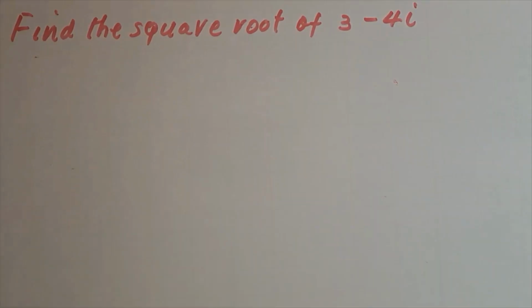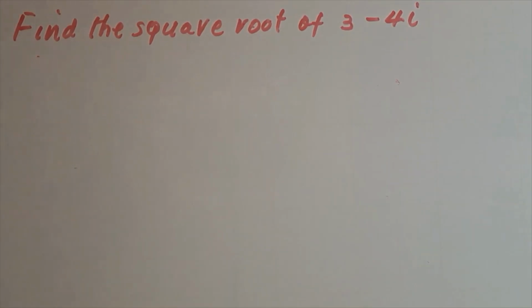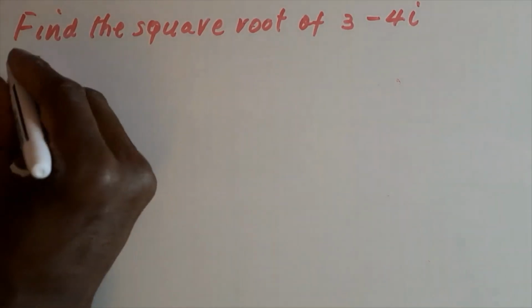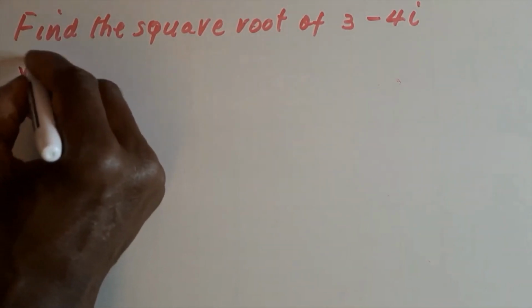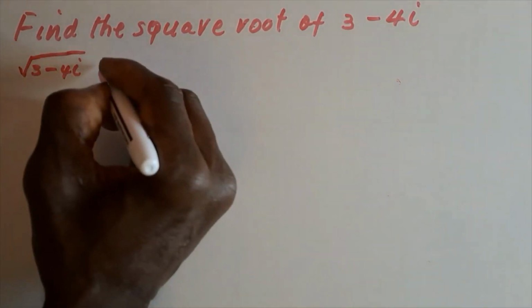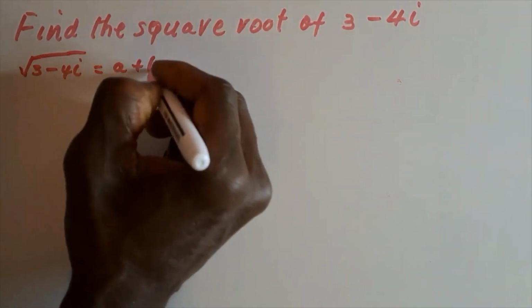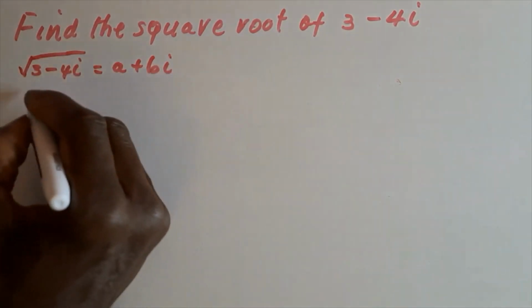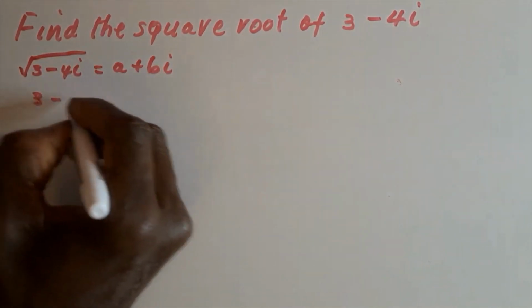Hi, we need to find the square root of this complex number. Well, there is a bit of proof that lies behind this method, but I'm not going to go through that. Just give you a bit of an insight to what it is. We have that the square root of 3 minus 4i is a complex number, and 3 minus 4i